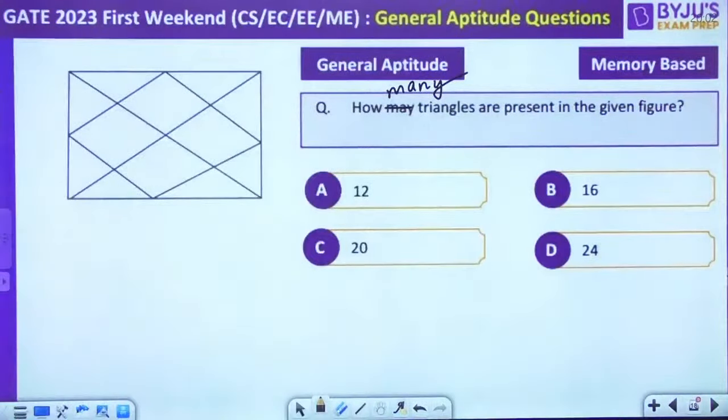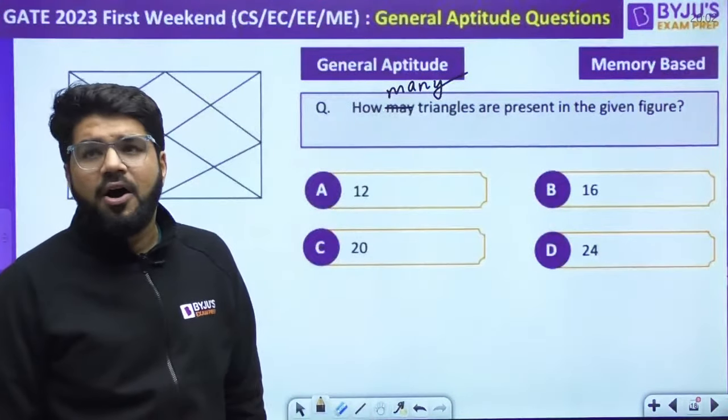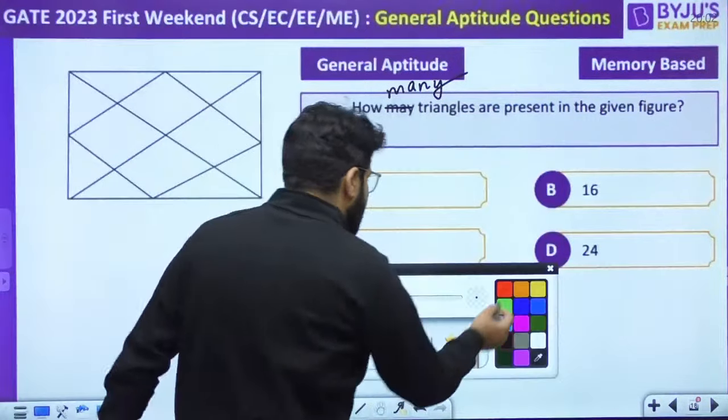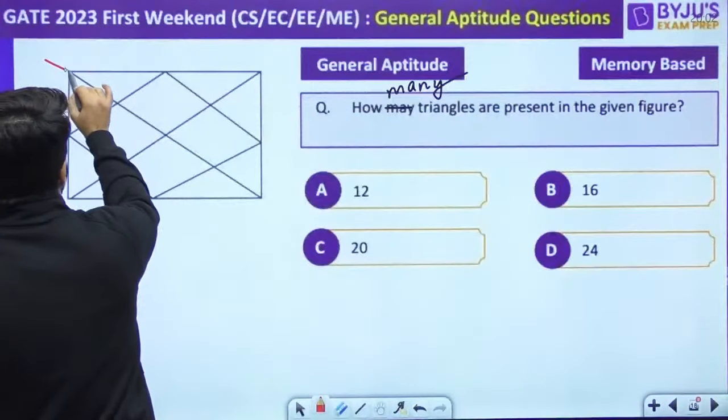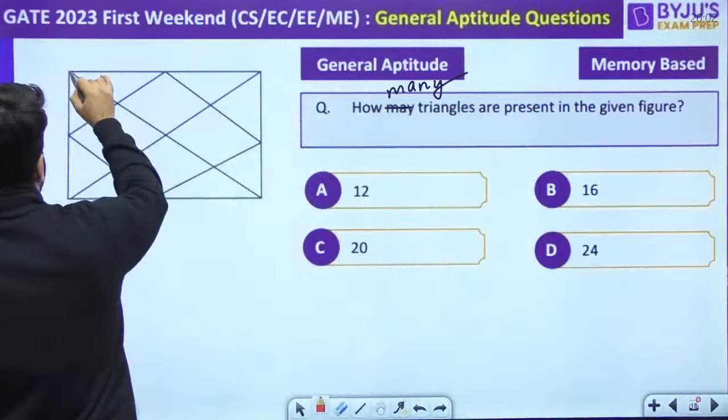Okay. How many triangles are present in the given figure? It's a question based on triangles. How many triangles are present in the given figure? So dear, if you split this now, if you look into half of the portion,